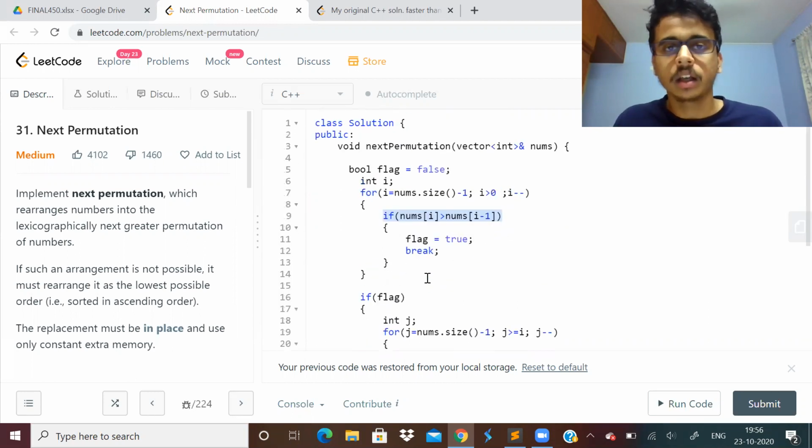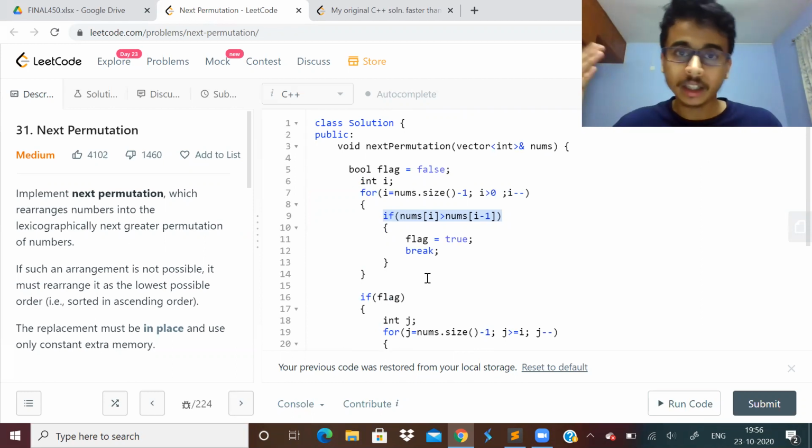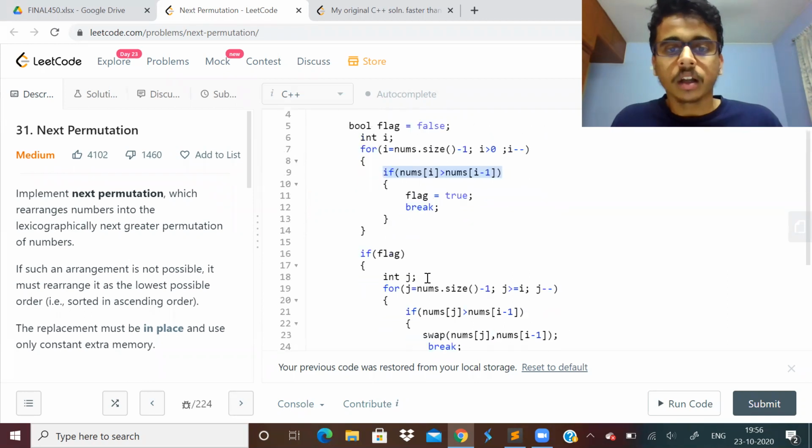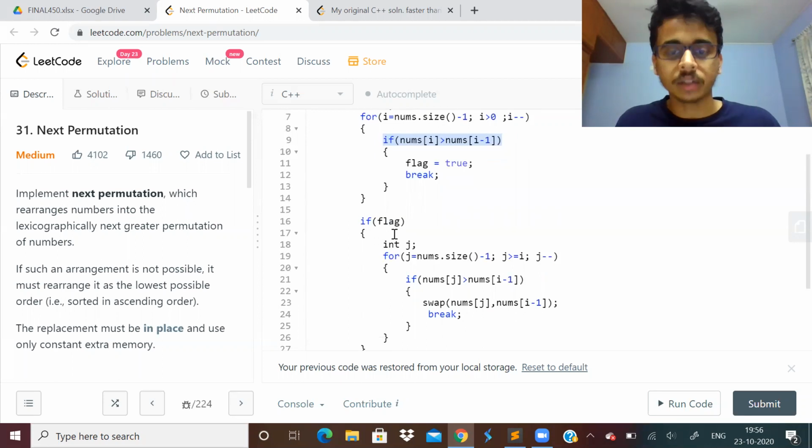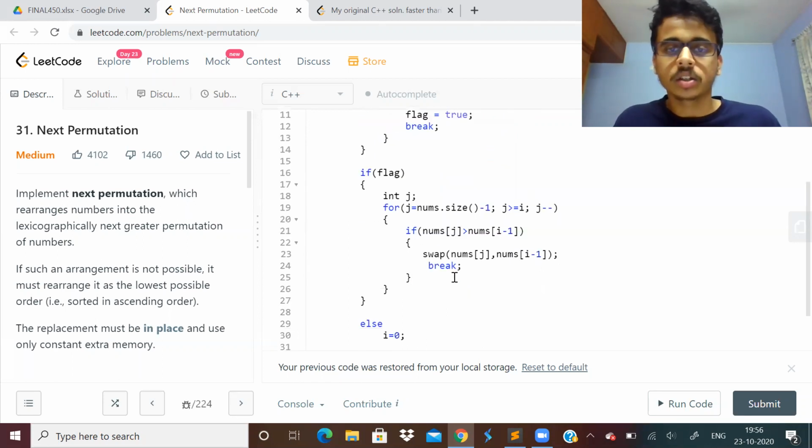That means it is the greatest possible permutation, and the next permutation after the greatest possible permutation will be the array sorted in ascending order. That's all. But if that is not the case, that means flag is true, which means there is a next permutation greater than the given vector. That time we do this. So this is also a pretty straightforward, easy problem.